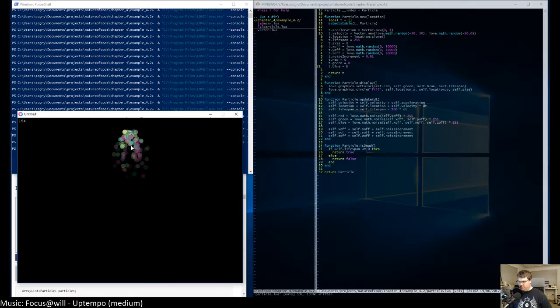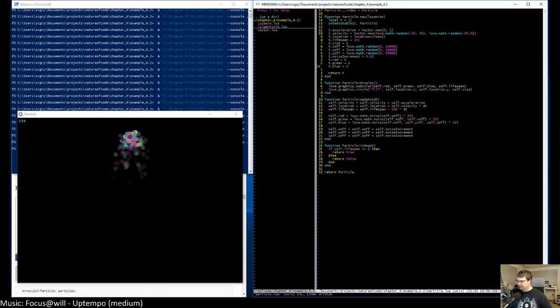Or at least that's what I was hoping to do. What happened? Self dot red equals noise. Those are incrementing. Are they incrementing too slowly?